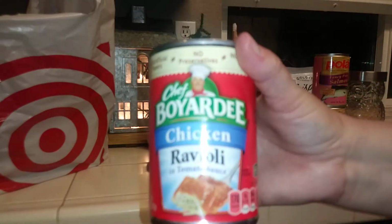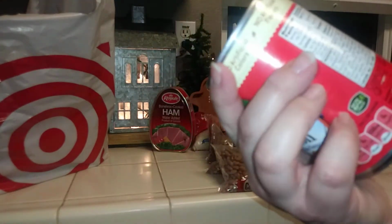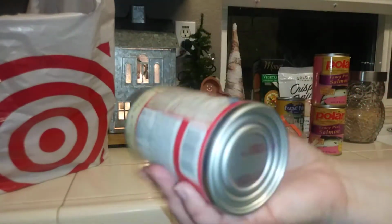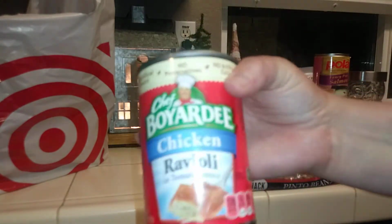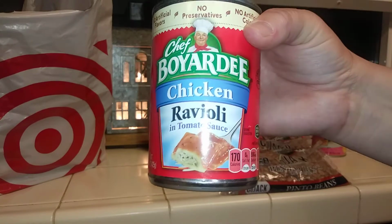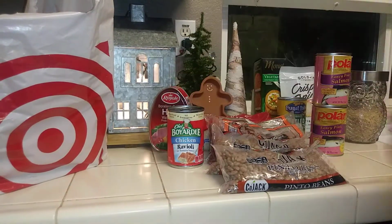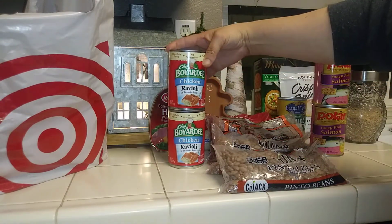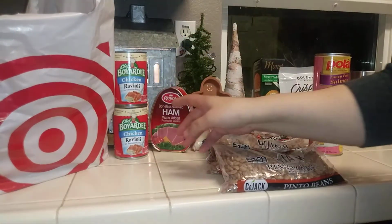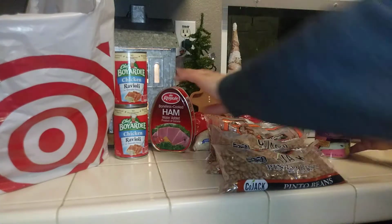But in a pinch, I think these would be good. And the servings are 2 servings. So yeah, I could see that paired with like a salad or something. This would be perfect. So these were 50 cents, and that was a great price. I went back to get more. They were gone. So I got 4 of them, and I already gave 2 to my dad just to have on hand. Okay, next thing now from